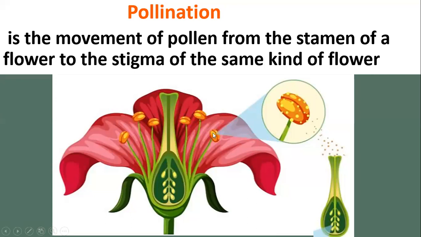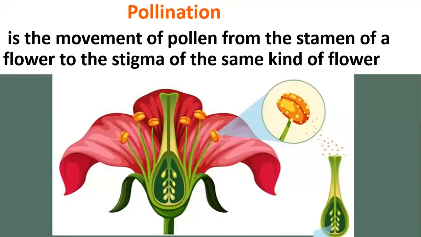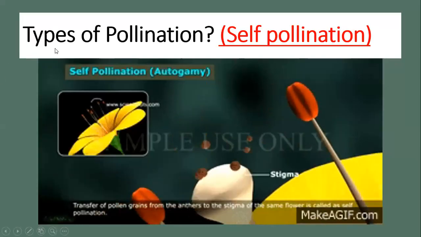Okay, here is the pollen produced by the anther, and when it moves to the stigma of the same flower or the same kind of flower in another plant, this is actually pollination. So only the movement is pollination. Okay, we have two types of pollination. The first type is